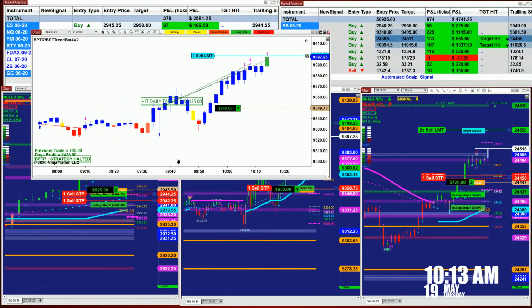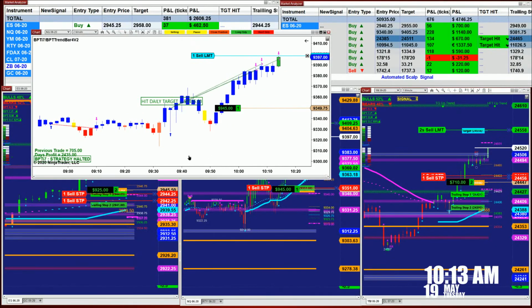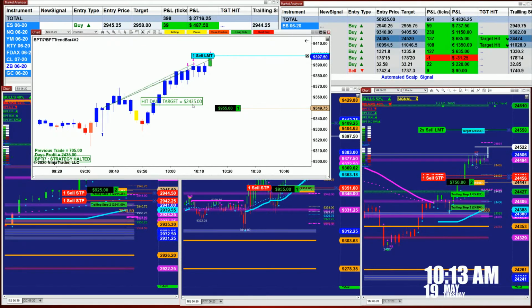So right now on this trade on the Nasdaq, we nailed 2,435, and we are coming to the last position. So this auto trade already has 2,435, plus the 945 that is still open. So right now we have crossed over $3,000 on that trade, and it is over. This is one type of an automated trade,